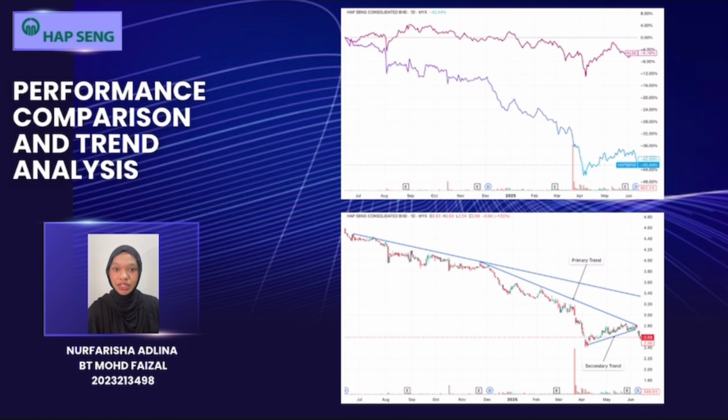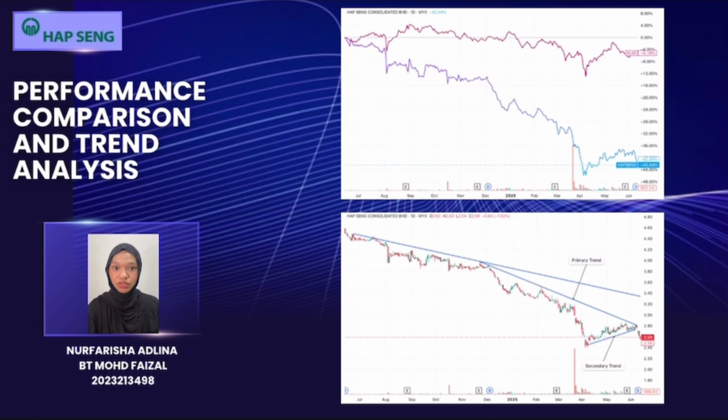A news titled Hapseng Consolidated Net Profit Declined to 170.13 million in 2024. On the prospect, it said CPO prices are expected to be under pressure, particularly during its high cropping season. And for the trend line, Hapseng Consolidated Berhad market structure is in downtrend movement starting from 12 June 2024 to